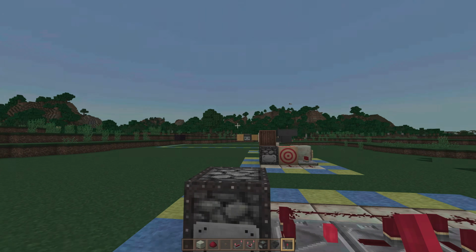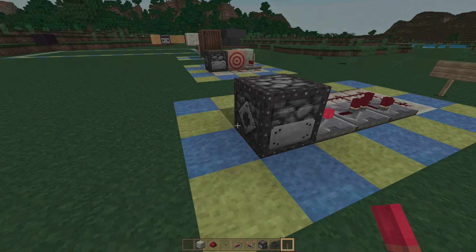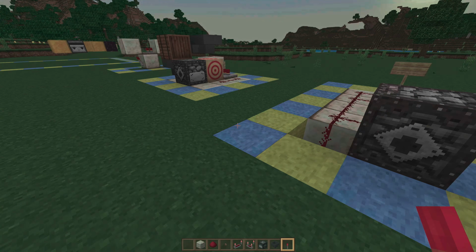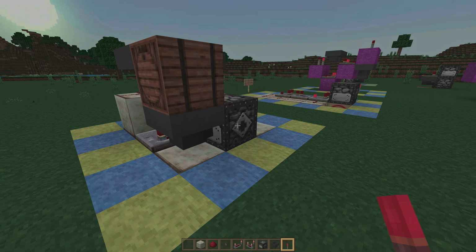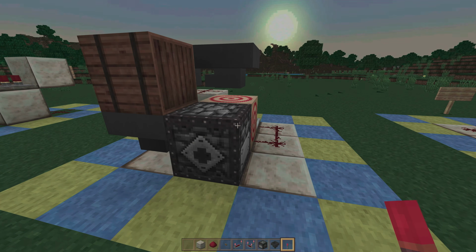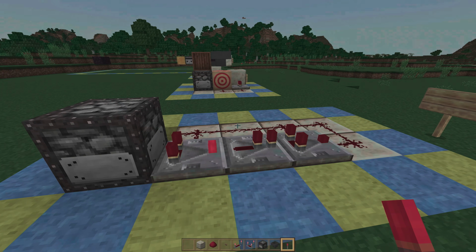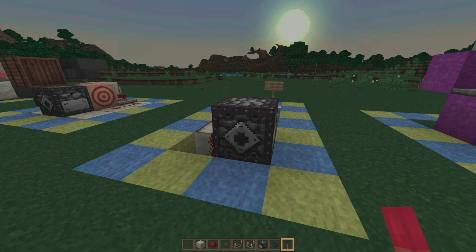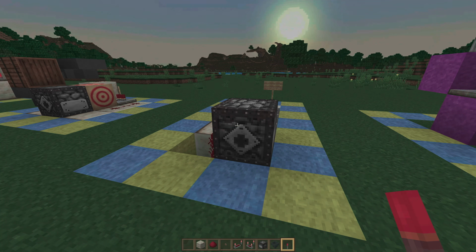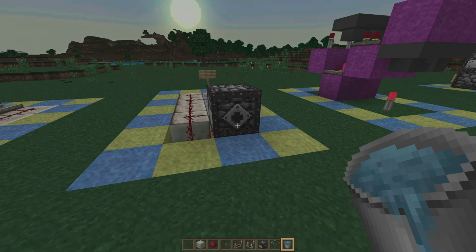The circuit on the right here is my personal preference and is the one that I use most often. It is most flexible in that you can dispense items either out to the right or up, whereas this farm, while you have less options for where your items can be dispensed, it is more compact in a 3x3 area. I use these circuits primarily for redirecting items from a hopper input source and shooting them out into either a water stream or into a water bubble elevator.